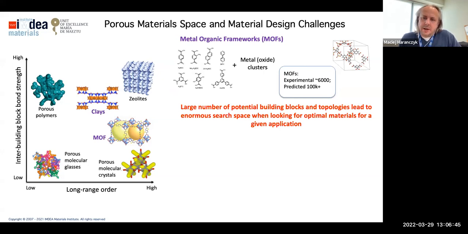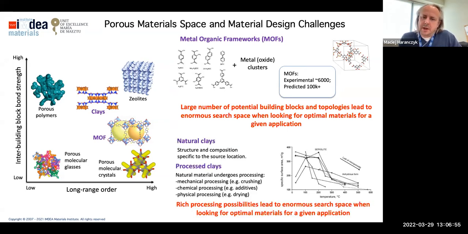And the challenge is, out of so many different materials, which one was particularly good for specific application? And the challenge is how we find those best materials. And similar in other types of materials like natural clays. In those cases, the structure is fairly simple, a crystalline structure, but we can change macroscopic properties.